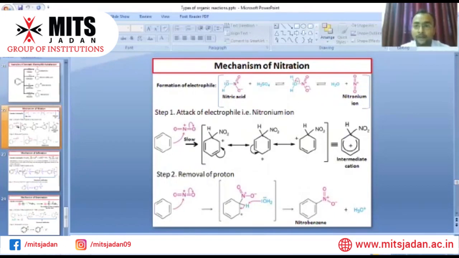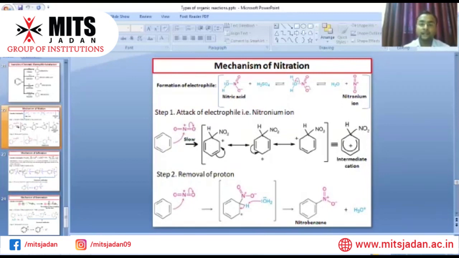There is positive charge on the nitrogen atom, and it behaves like an electrophile. In step 1, the slow step, the electrophile attacks the benzene nucleus to give resonance stabilized structures, and we get the intermediate cation. In the second step, the fast step, a proton is easily removed, and we get